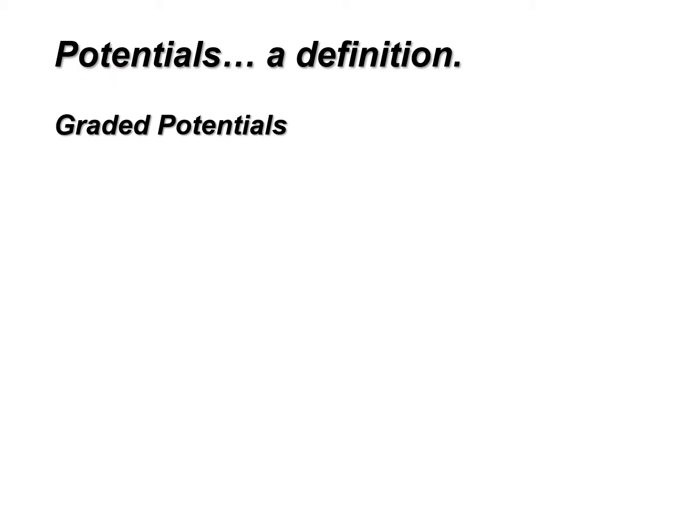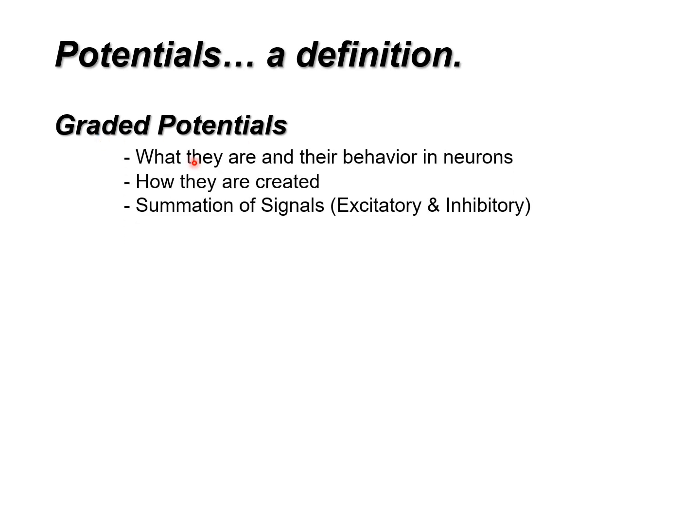So we have graded potentials, and that means that they can be different. Just like you can get different grades depending on how you do on an exam, you can get different kinds of graded potentials. So we're going to look at where they occur in the neuron, and how they're created, and then this concept of summation. That is to say, things add up. Just like you were using an abacus or something, you're going to add and subtract to come up with a summation. Then we have action potentials, which are of a similar